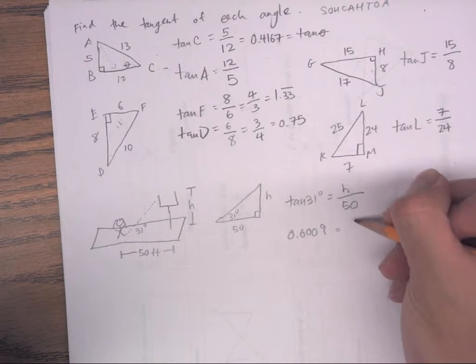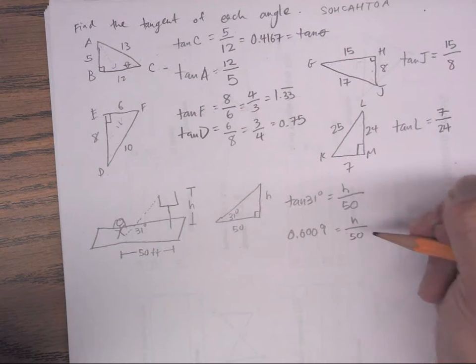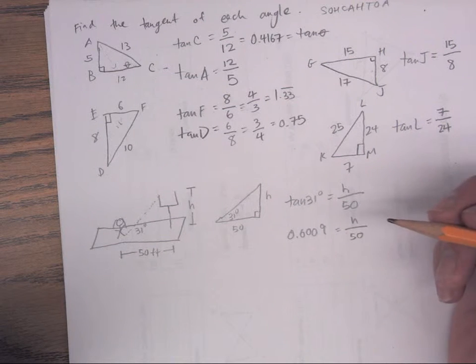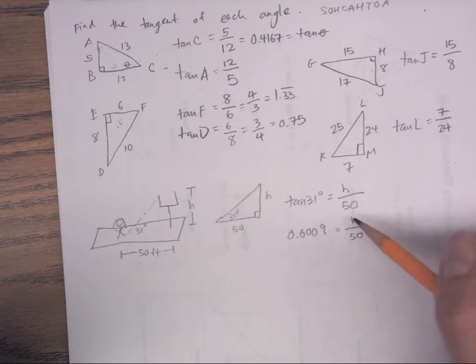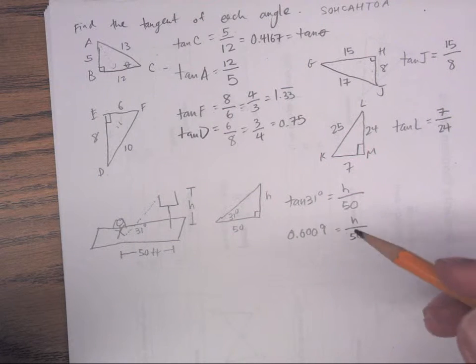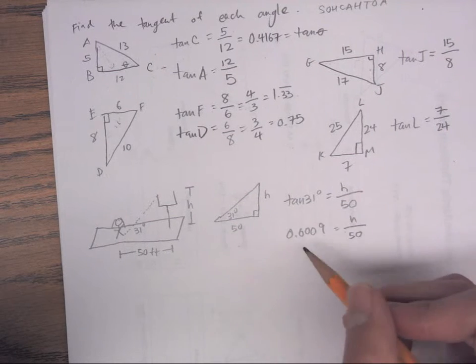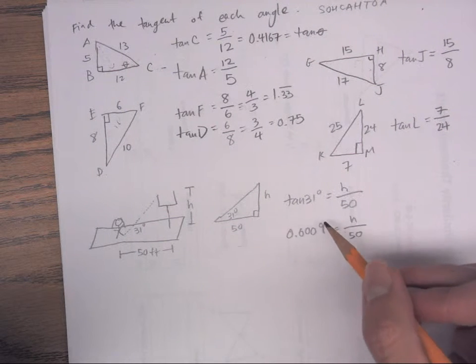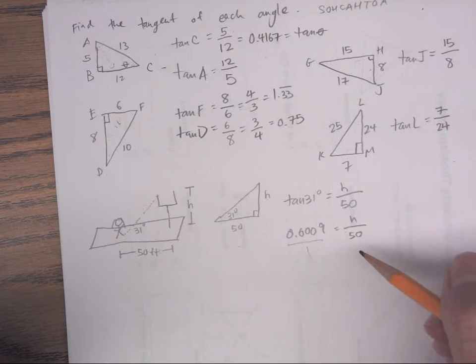So we know here this is tangent 31, 0.6009, and this equals the height of the field goal post divided by 50. From here, there are a couple of ways you could do this. You could just multiply by 50 on both sides and solve for h. If you cannot see that very obviously, you can use cross multiplication. So if you have 0.6009, this is the same thing as putting it over 1. If you cross multiply